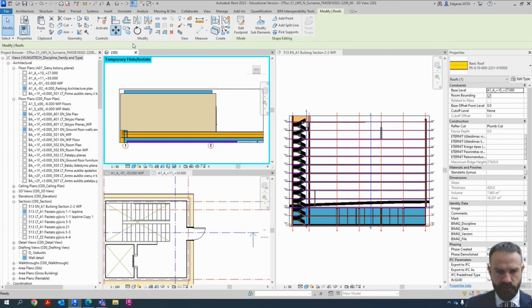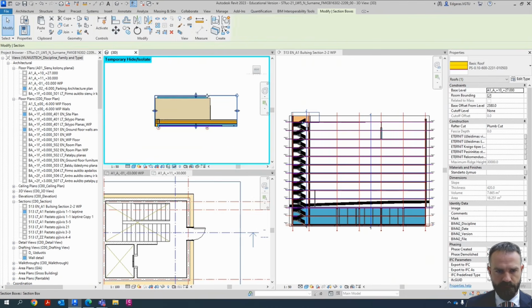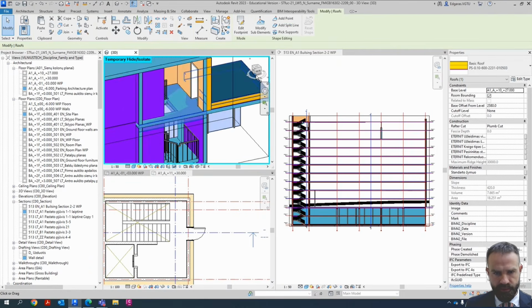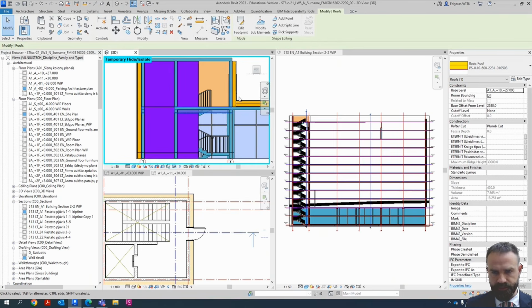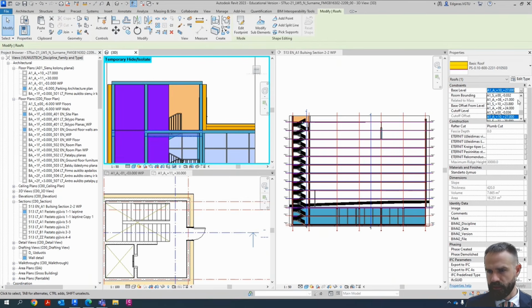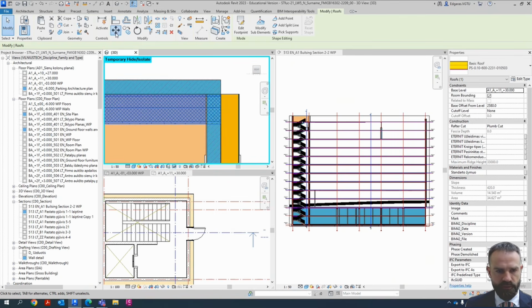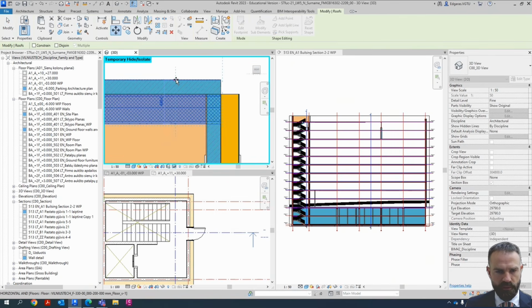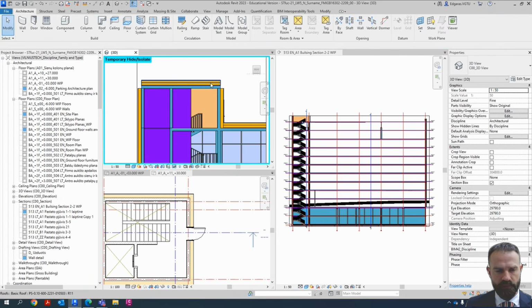So I click the move tool and just move my roof a little bit up. The roof is here, so I just select a different level, the top level, and I move it so it goes on top of my floor. Now on this